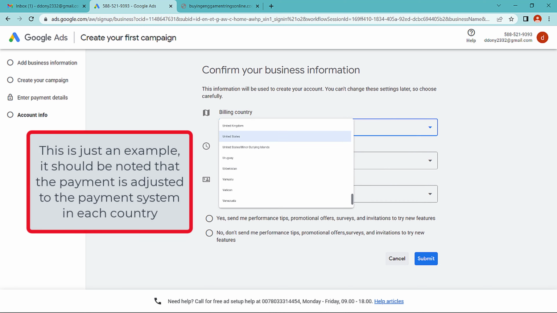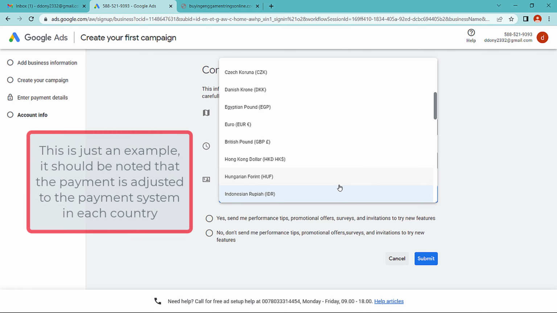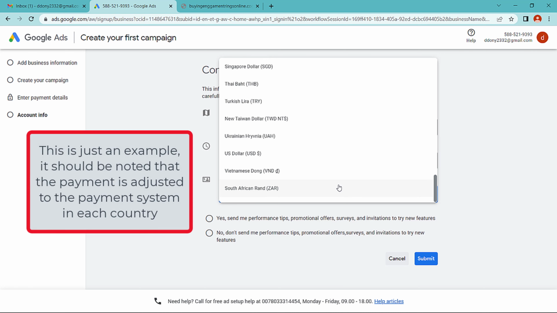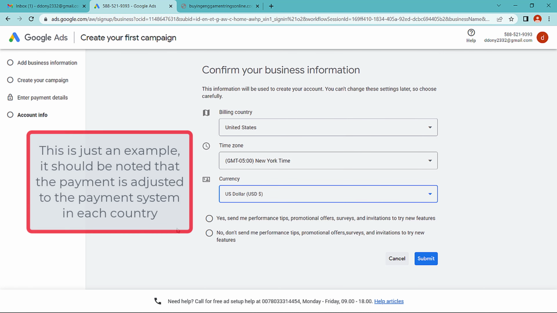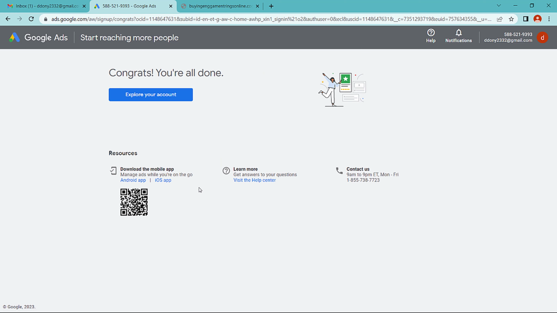For example, click United States and change to the US dollar. You click here and submit. Okay, congratulations, you are all done and you can explore your account here.